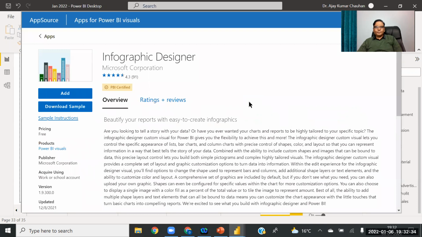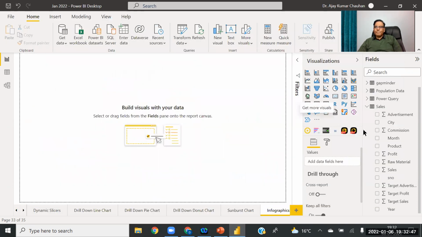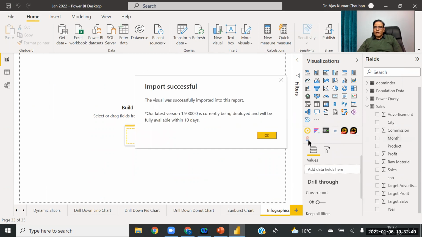It is the most popular chart, and it is a free chart, so we are more comfortable with free charts. Add it. It is a Power BI certified chart. Click on add, and infographics will come here.